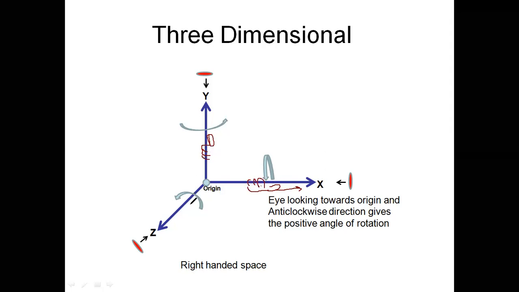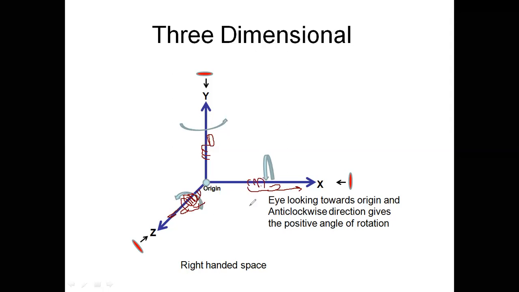Likewise, in this way also, the thumb will give you the direction, and the rotation of the fingers will give you the angle, basically. In this way this will be rotated. So you can hold it, then you will find the twist of the fingers will go like this, and the thumb will be pointing towards the z axis.